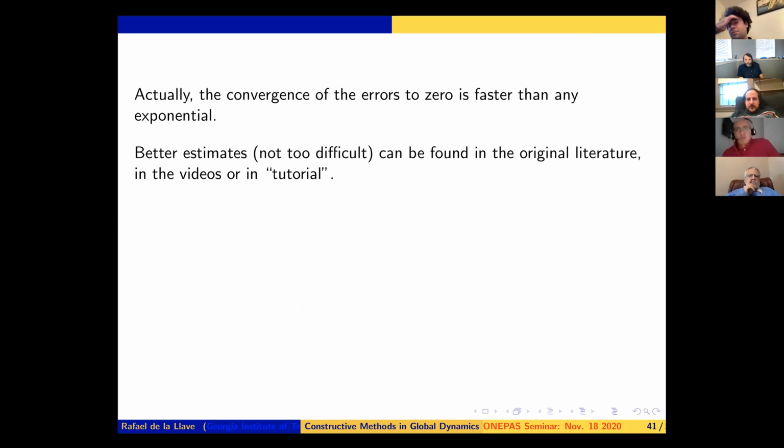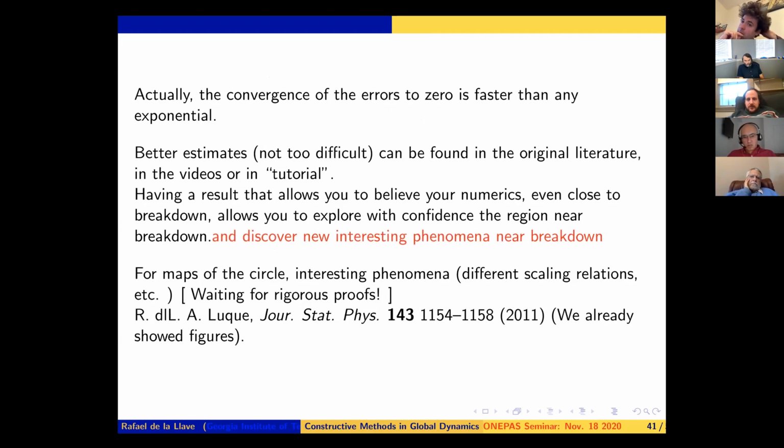But it is done in the Moser's paper, or in the videos, or in the tutorial. I take a little bit more time and I do it, etc. I am a little bit afraid of time, but I started a little bit later, etc. So, all right, so this is the story. And then,